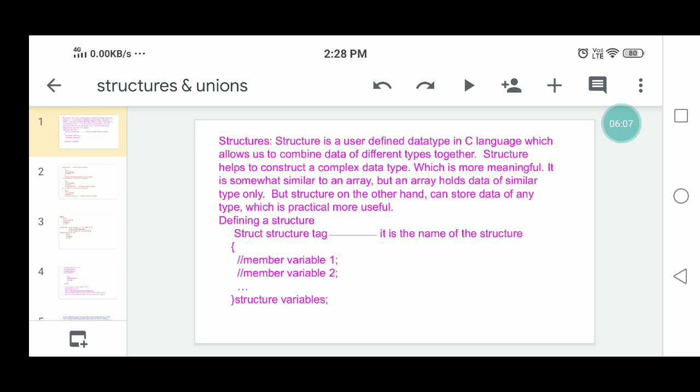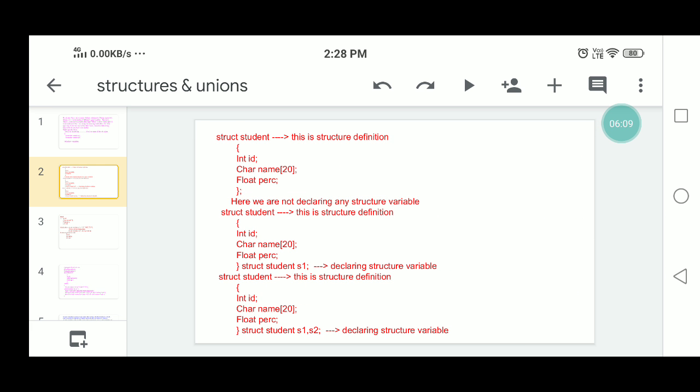Then for example, struct student, this is the declaration of the structure. So this is the definition. What is the structure name? The structure is student. In the student structure, we have given the member variables: student ID, which is integer type, student name, which is character type, so that is string type data, then float, which is the percent.